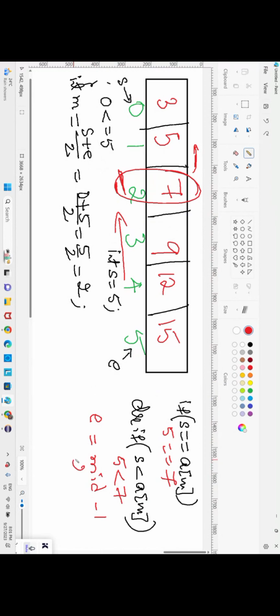Mid is how much? 2. 2 minus 1 is how much? 1. So end is equal to 1. Now currently your elements range from